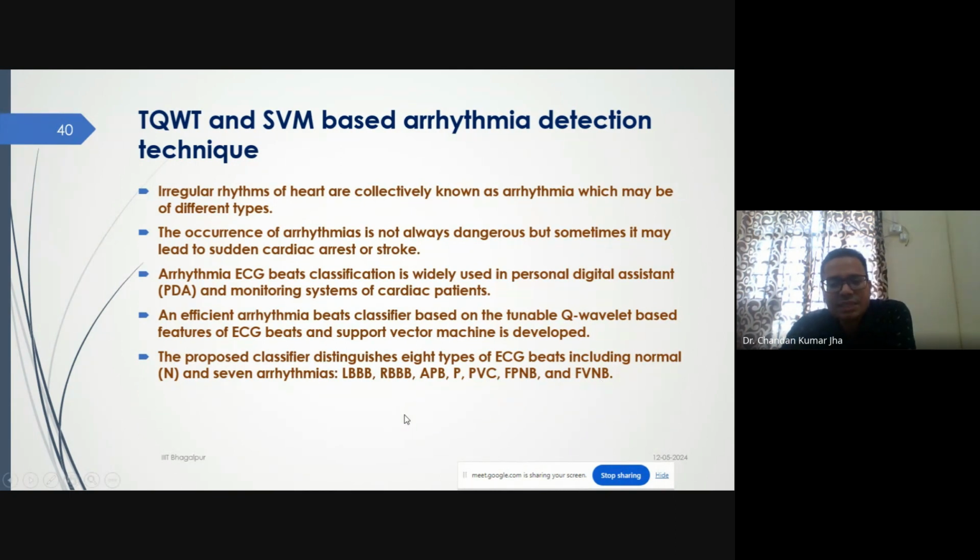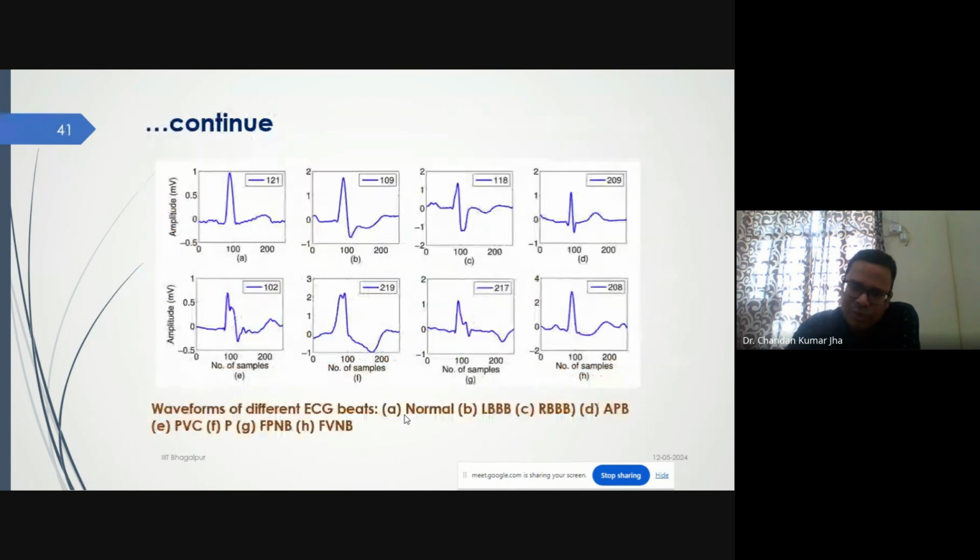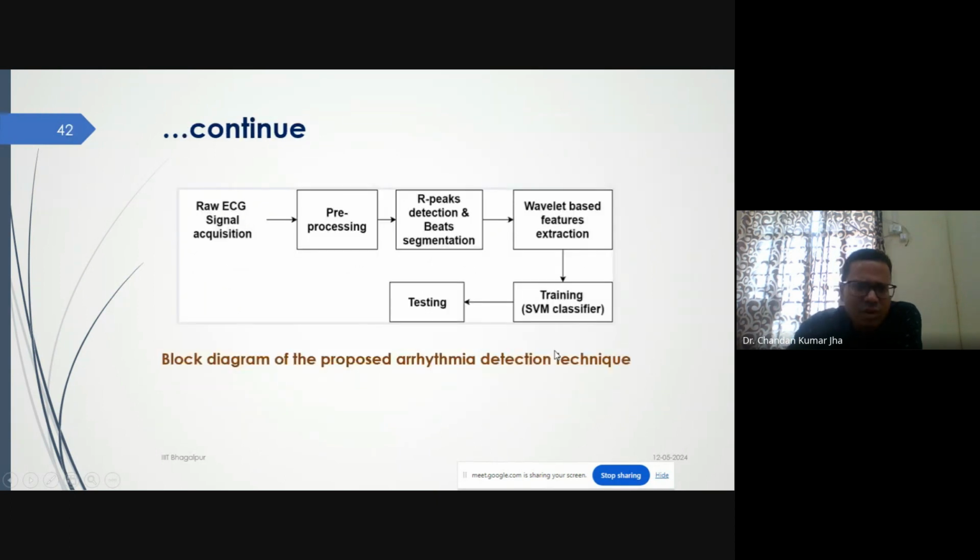So in this case, these 8 different types of beats are classified, and here you can see the different morphology. Okay, so it has a different morphology. This is the normal signal, this is the LBBB, this is the RBBB, this is the APB, this is the PVC, this is the paced beat, this is the FPNV, and this is the FVNV. Okay, now overall,